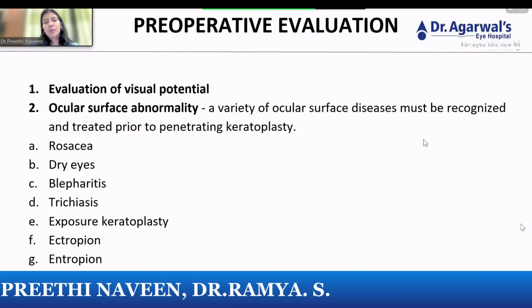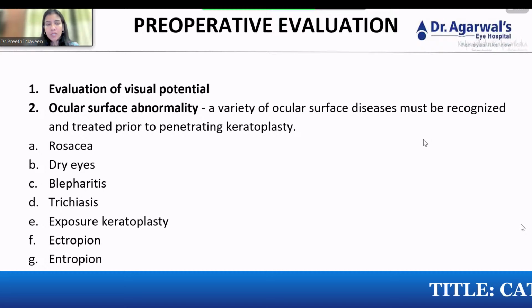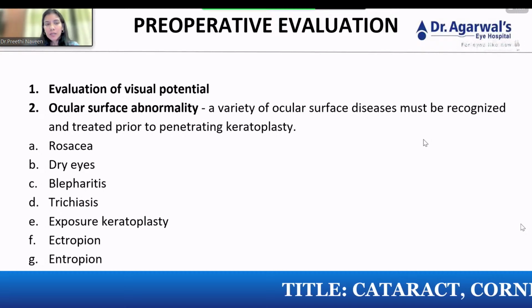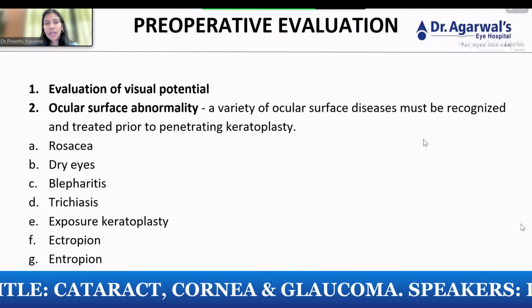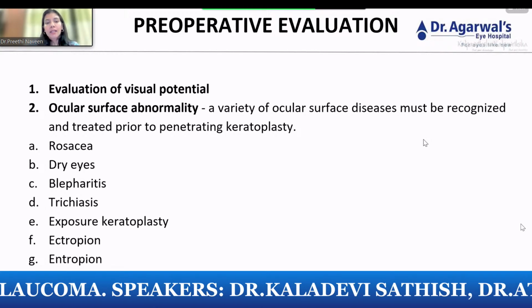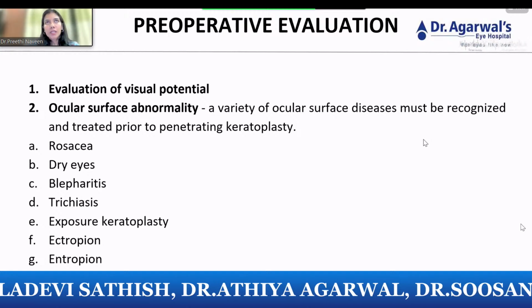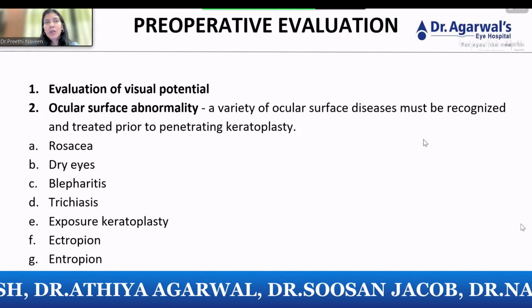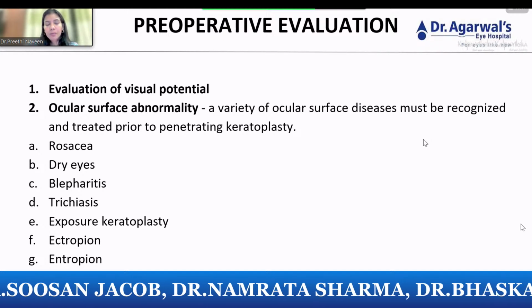And so one most common thing which you'll all have to keep in mind is how would you evaluate a patient coming in for a corneal transplant? First and foremost, you will have to assess the visual potential of the patient, with the best corrected vision and the uncorrected vision. If there is a disparity, then we have to go for a contact lens trial in these cases, just to make sure how much vision potential the patient has, and to rule out if they're amblyopic, to give them a guarded prognosis, or in cases where you feel that with contact lens the vision is improving, then you know that post-surgery the vision potential is possible in these patients.